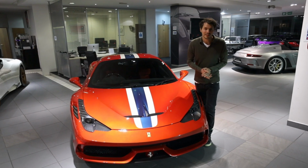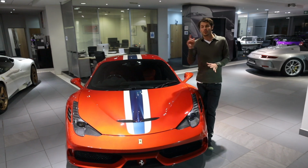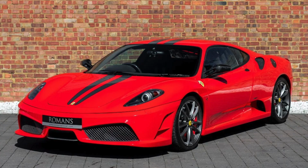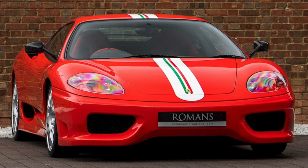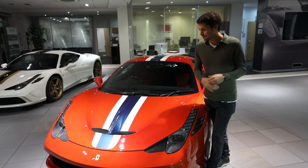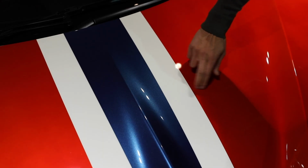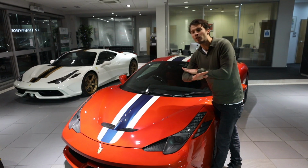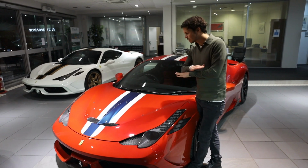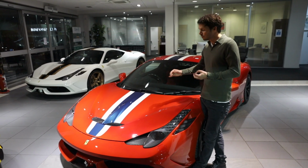So just a couple more things I want to mention on the stripe. Do not be fooled by a sticker stripe. Although it's probably more acceptable on the 430 Scuderia and 360 Challenge Stradale, on the Speciale, a sticker stripe is not the done thing. So the way of telling this is just by rubbing your hand over the stripe. You should not feel anything. The stripe is painted under the lacquer, so it is totally seamless. If you feel a ridge,